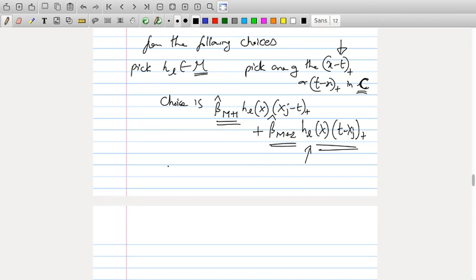If you see above, we chose x2 minus x72 plus to be one of the HL functions in script M. In the first step, if you remember, we added this and we added the symmetric version of this as well. Now let's say in this step, these were the choices, and when we looked at these choices and minimized the residual sum of squares, it just happened that the particular t